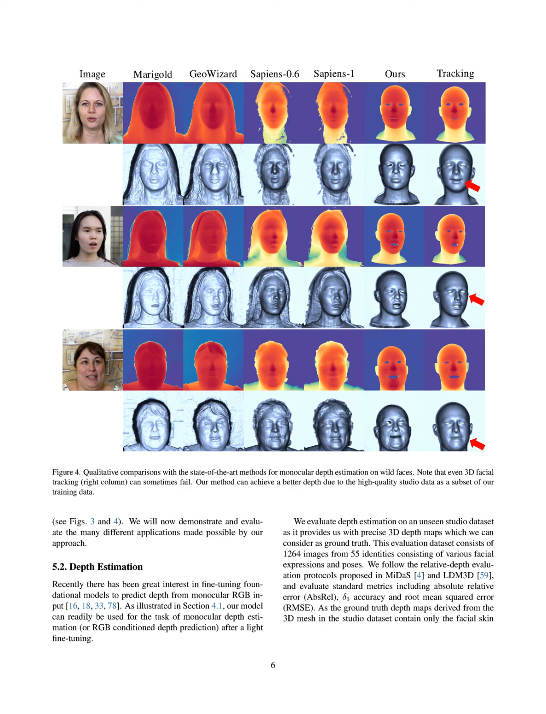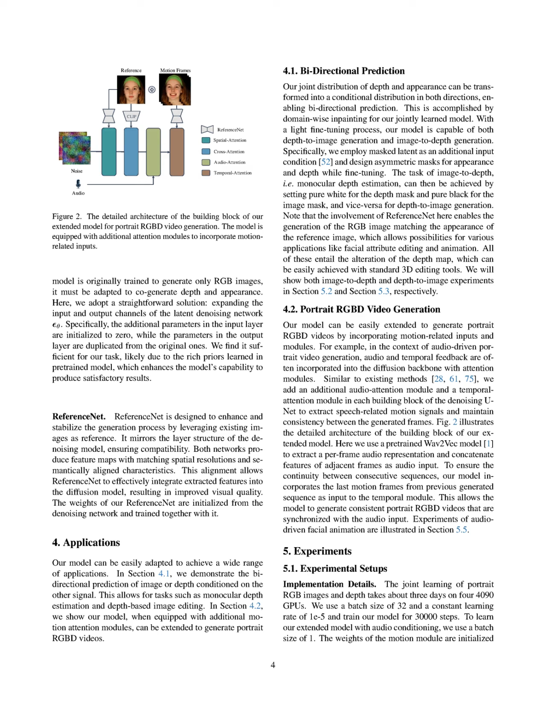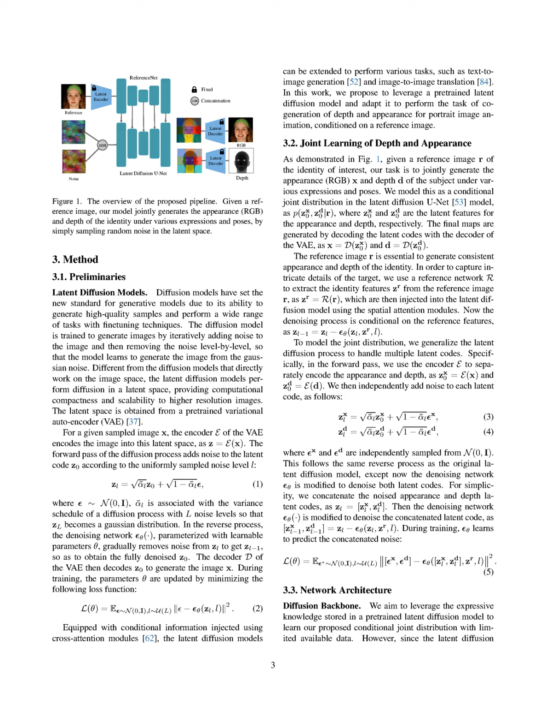Our algorithm operates by utilizing a reference image to jointly generate both the appearance, RGB, and depth of a subject. For instance, given a reference image, R, we first extract identity features using a reference net, which captures intricate details of the target identity. These features are then injected into a latent diffusion model that is conditioned on the reference image, allowing the model to generate a conditional joint distribution, P(Z_X_0,